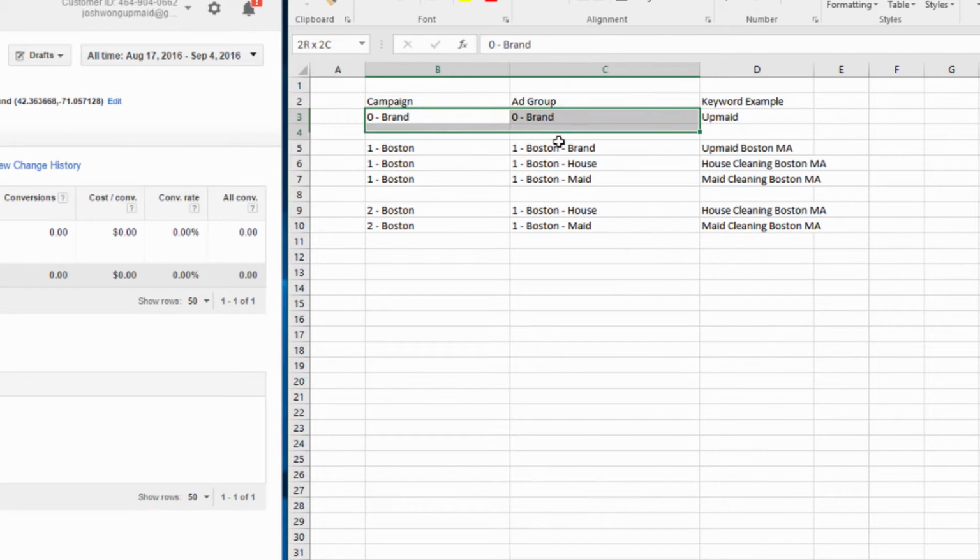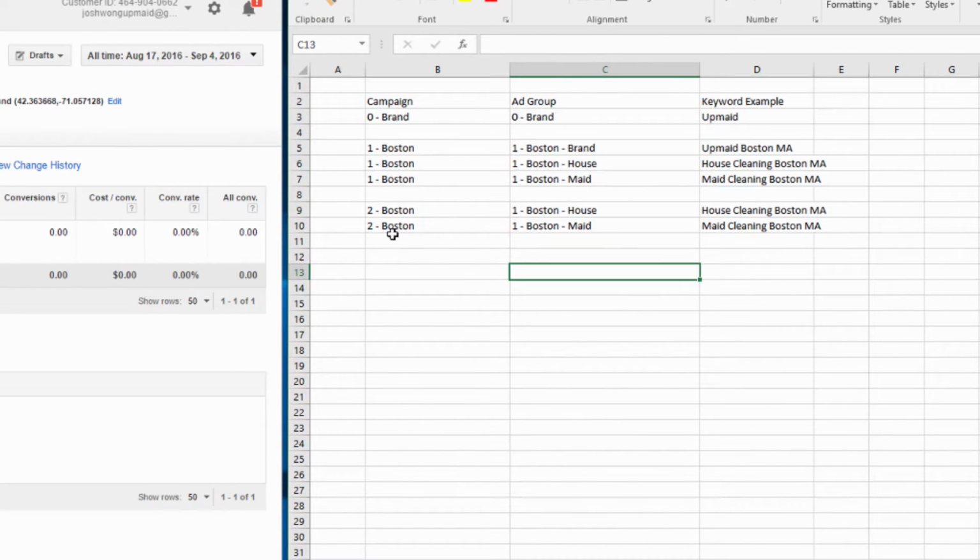structure that I follow. Basically you have a campaign called Zero Brand and then an ad group Zero Brand. In this campaign and ad group, you have like Upmaid, Upmaid cleaning service, Upmaid house cleaning services, just your generic brand terms, so that anyone who is searching for just your brand, you're serving them an ad, and so they can find you. Then